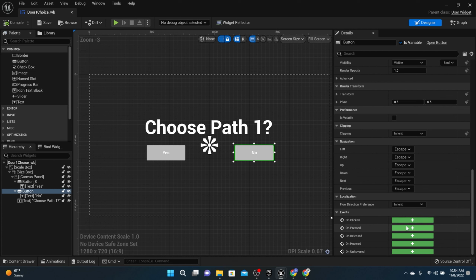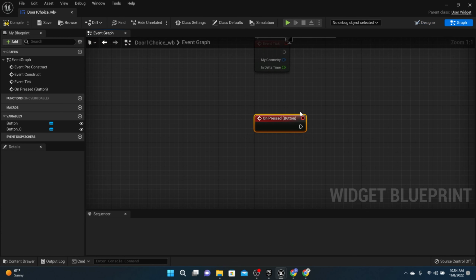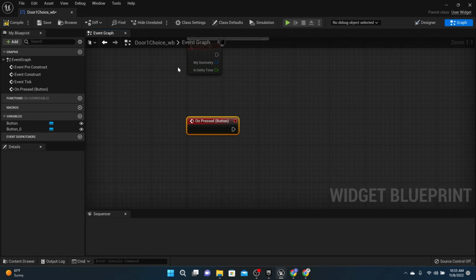On pressed is when the mouse unclicks on it. So like when you release your mouse. And also, you should look those up in the UE5 documentation. I always use on pressed. A lot of people use on clicked, but I like to make mobile sometimes or convert my games to mobile. And if I have it on pressed initially, then when they're just tapping on the screen, it makes it easier. So when they press the no, we want to remove